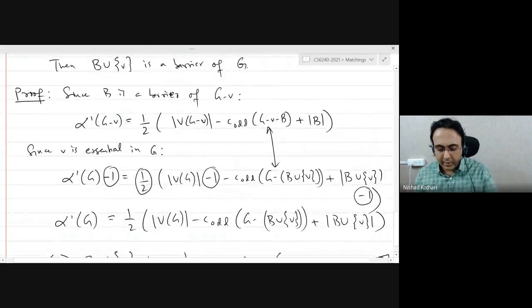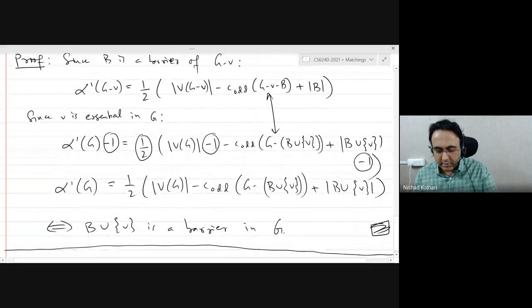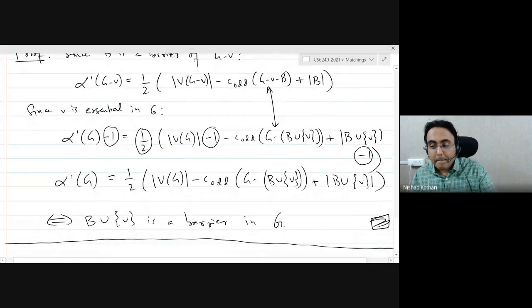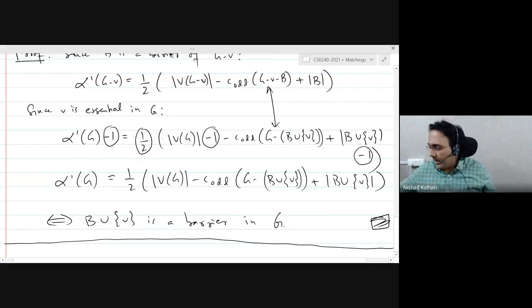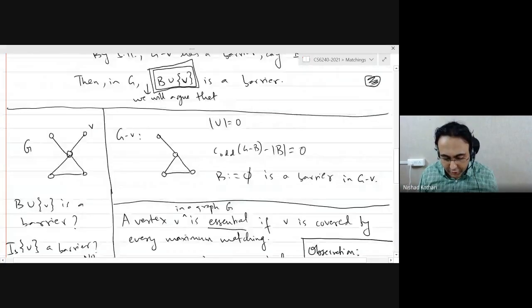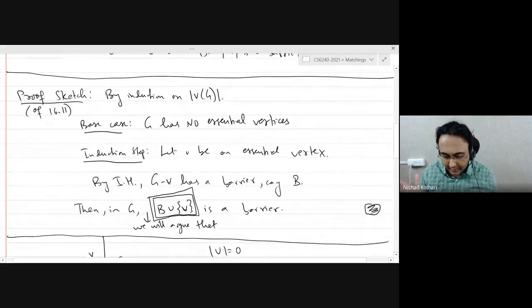Is everybody fine with this proof? Any questions or concerns? Okay, great. So if my graph has an essential vertex, then I delete it. The resulting graph by induction hypothesis has a barrier.